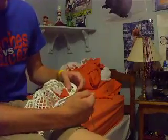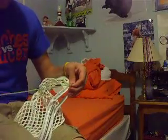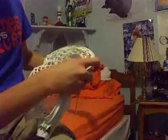Alright, so I did that double loop, and as you can see it's really tight, and I don't use 2 strings, I just use 1. So what I do is I come in through the top hole. I just go from the outside of that to the inside of that top hole right there. As you can see, it's really nice and tight. Then what you do, you come up